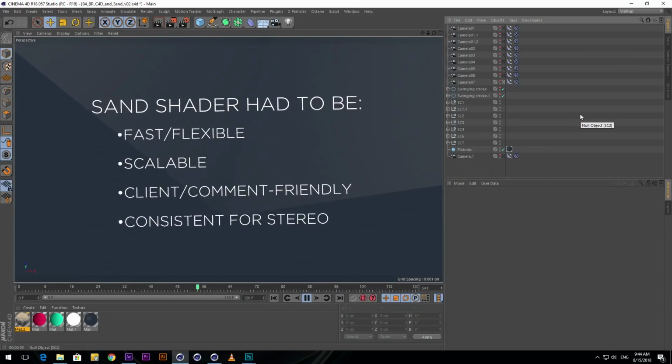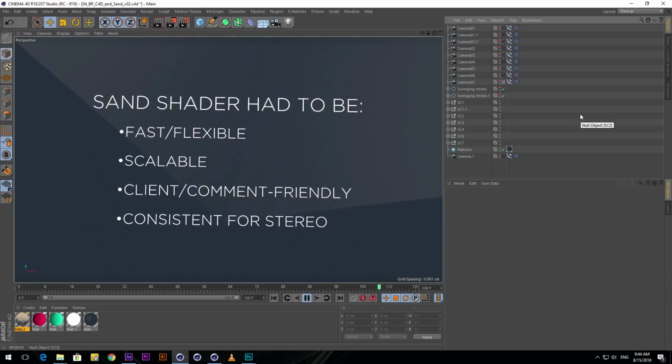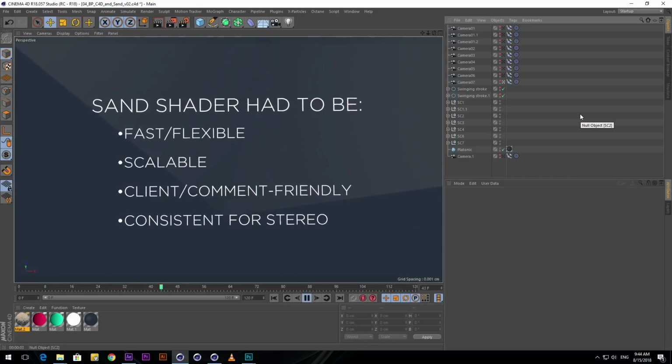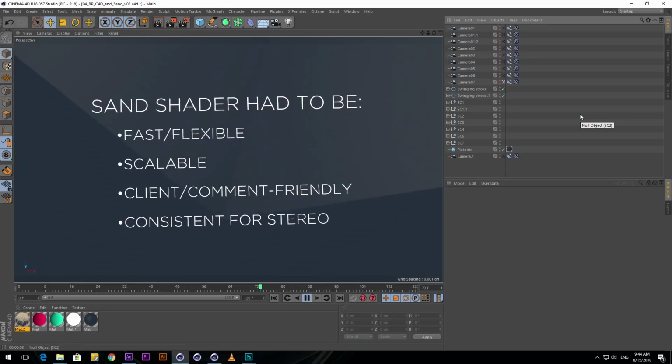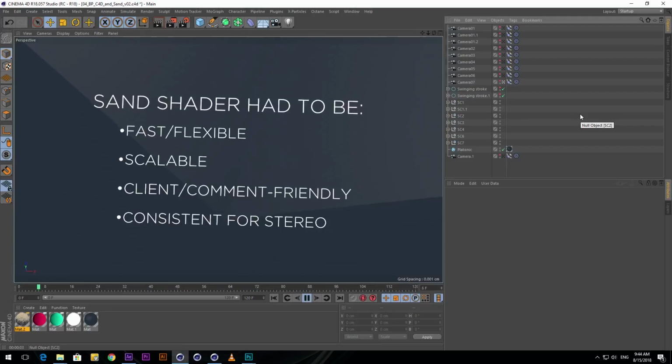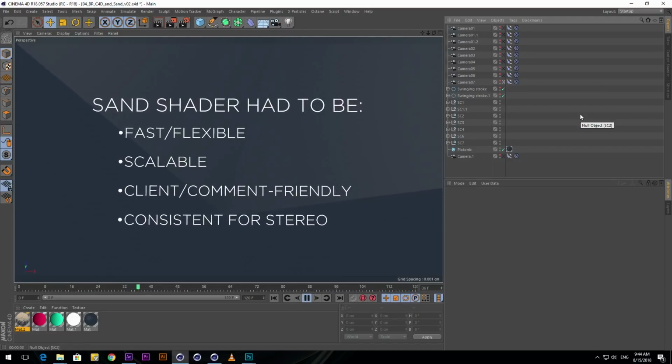So we needed to be able to develop a sand shader that was both fast and flexible. It needed to be scalable, so it needed to be able to work for a human, and it needed to be able to work for a bridge. It needed to work at all scales. It definitely needed to be client and comment friendly, because the pressure is really high on these jobs, as you can imagine. If they wanted to make it more glinty, less glinty, we needed to be able to react to that very quickly. And then, last but not least, it needed to be consistent for stereo,